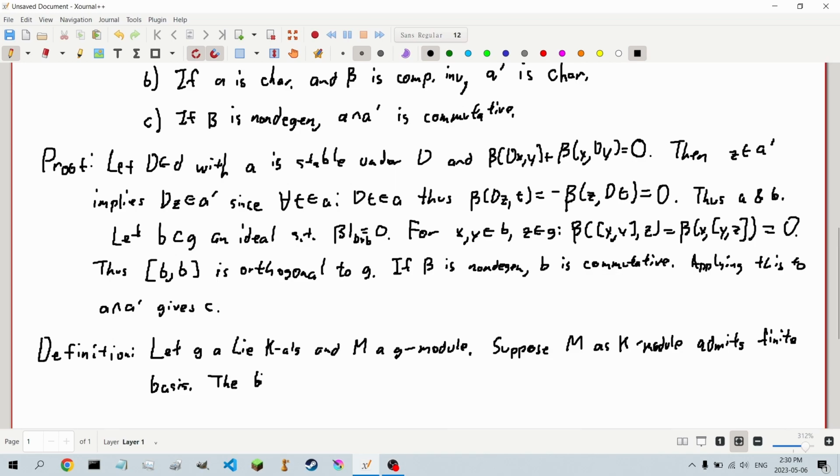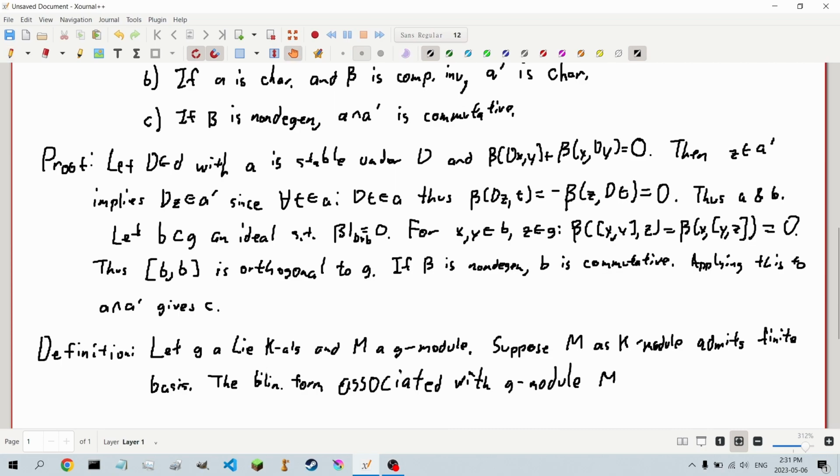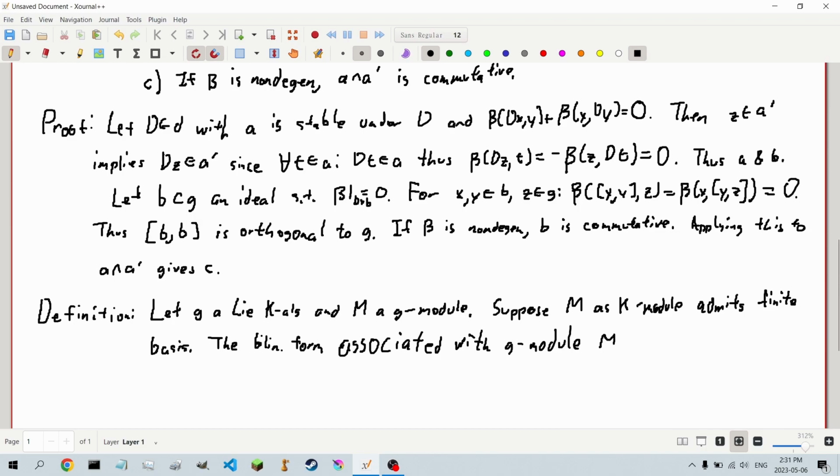The bilinear form associated with the G module M, which is essentially saying it's a representation of G on M,